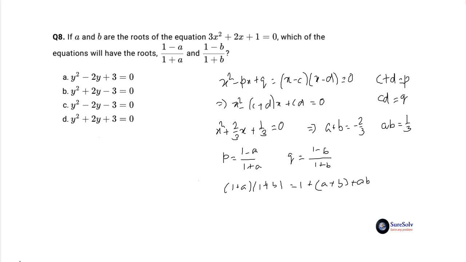The denominator will then be positive and we'll ignore it from further consideration altogether. Next, the numerator of PQ will be (1 minus A) multiplied by (1 minus B) equal to 1 minus A minus B plus AB. And we can immediately say that it will be positive. So the third term of the quadratic equation will be PQ equal to plus 3.